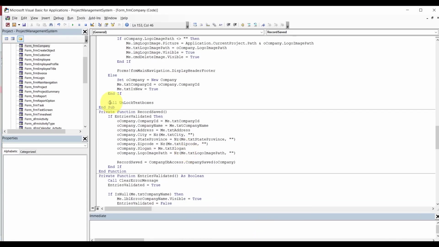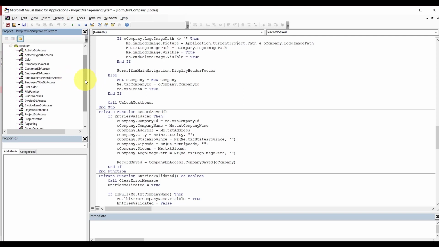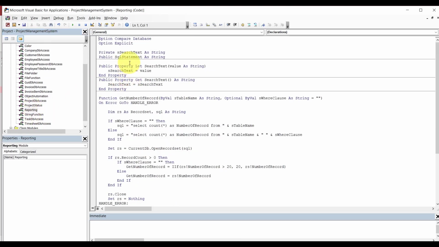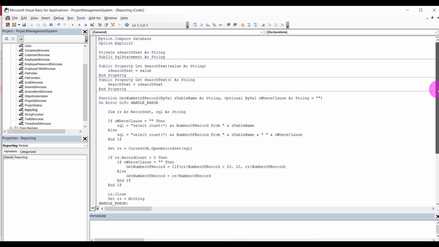But what I want to show you here, let's jump back to the code behind. All right, I know you are cha-cha-chaing with me. Let's go to reporting right here. You see we got a search, that's universal. Got SQL statement, that's also universal. We got this global function, get number of brackets there. You see there? That's good. What we want to add here is